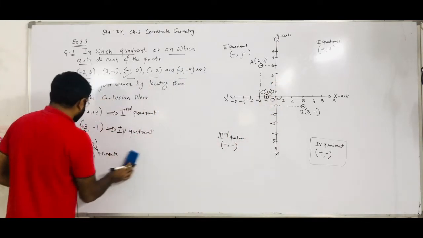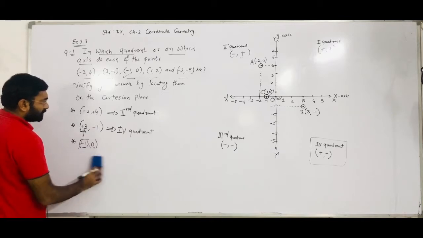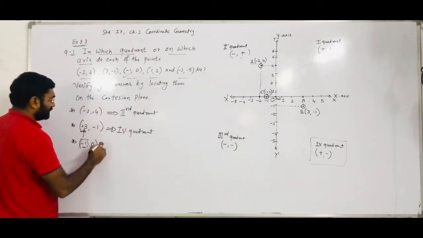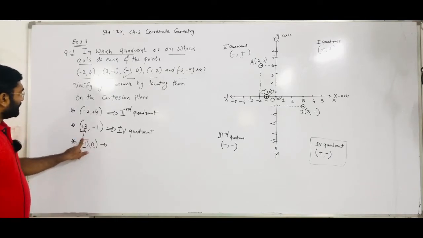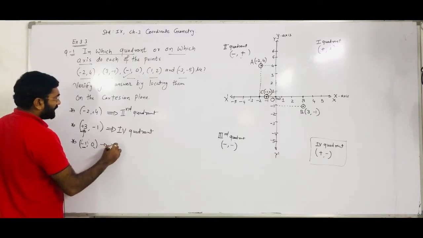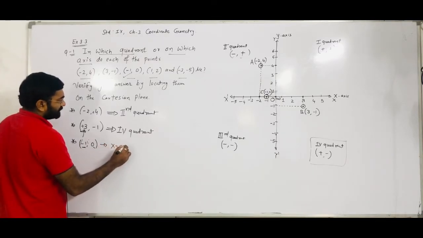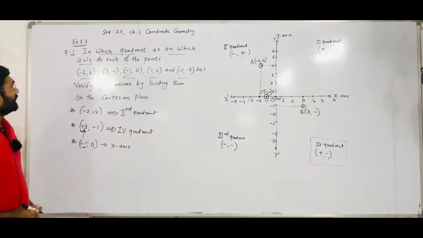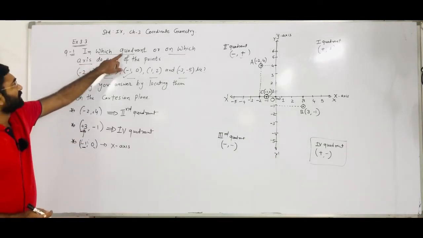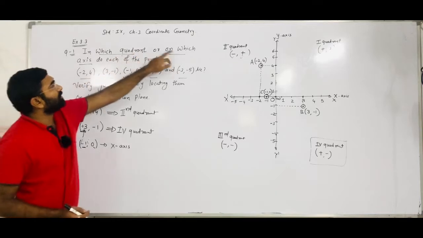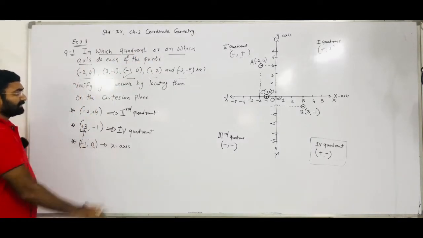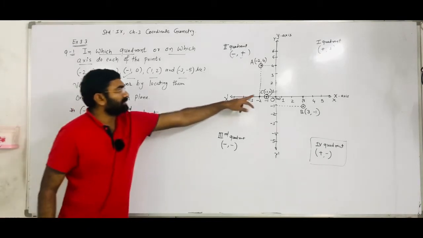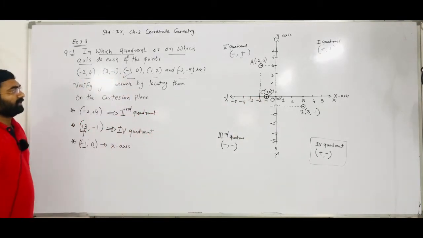So whenever any point is given whose one of the coordinates is 0, then it lies on an axis, right? Not in a quadrant. Right now here it is given (-1, 0), where the x coordinate value is -1. So that point lies on the x axis. As mentioned in the question, we need to say in which quadrant or on which axis. That point does not lie in a quadrant. It lies on the x axis, right? And here we represent the C point as an x axis point, right?